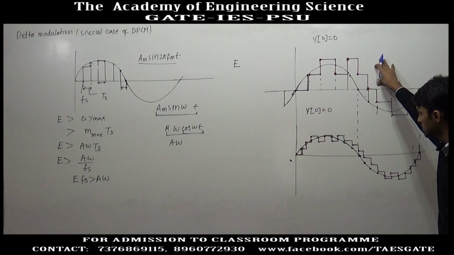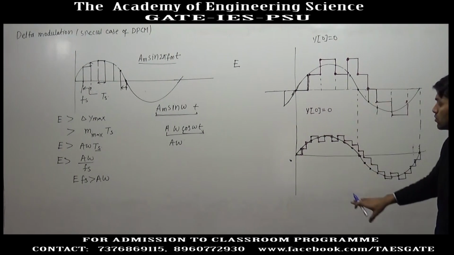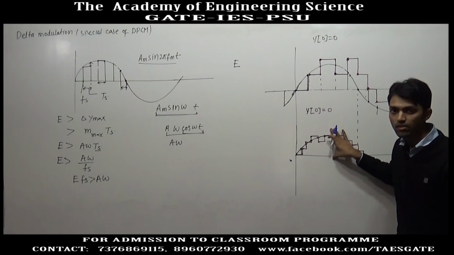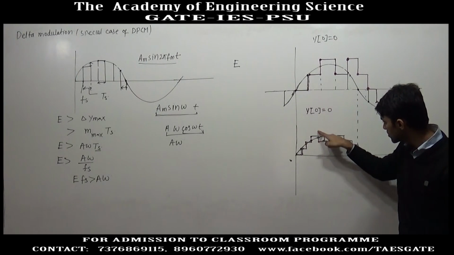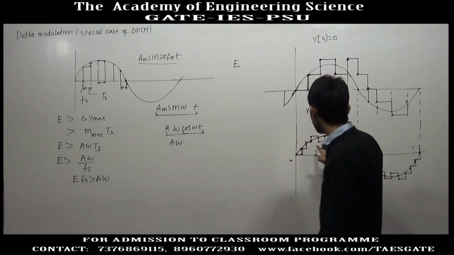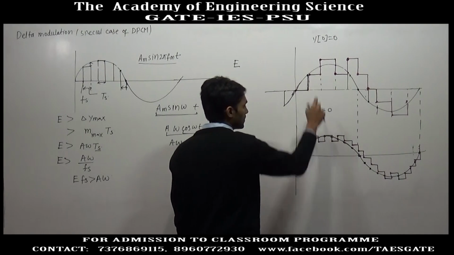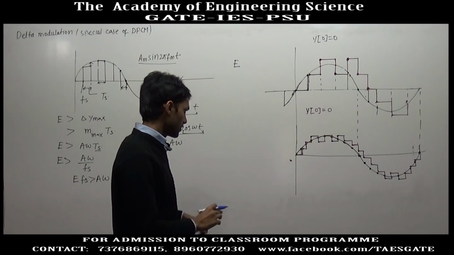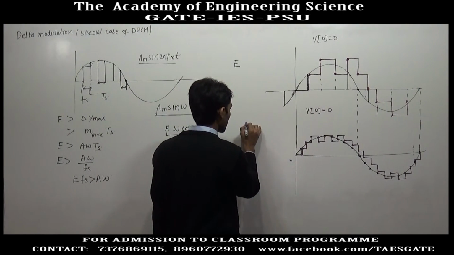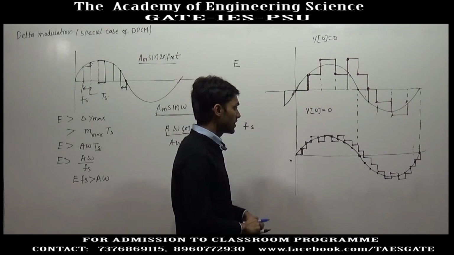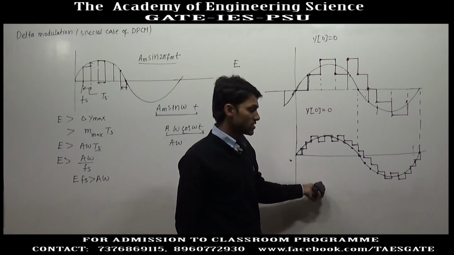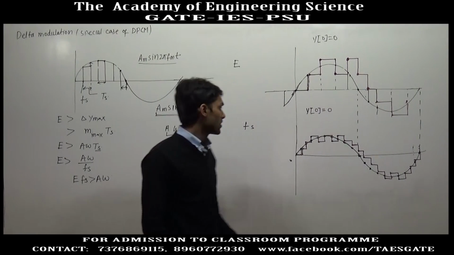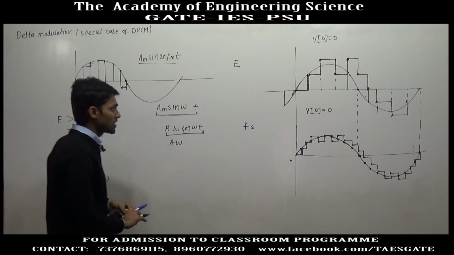So, if the sampling frequency is high, we will have the freedom to take a lower value of threshold, and if we take a lower value of threshold, you can see from the graph the tracking is better here if we compare with the first graph. So, it is better to take a very high value of sampling frequency. If we again double the sampling frequency, the tracking will be very good, but if you increase the sampling frequency,